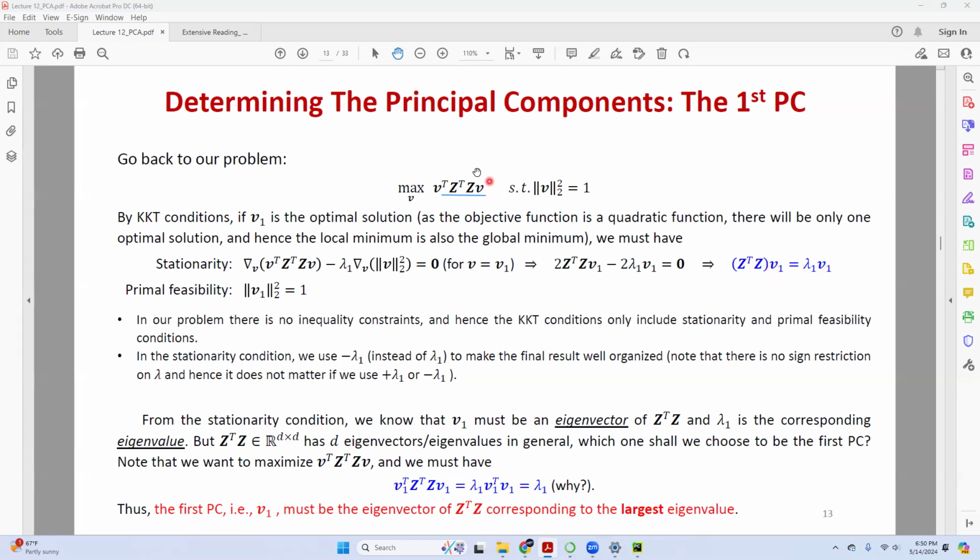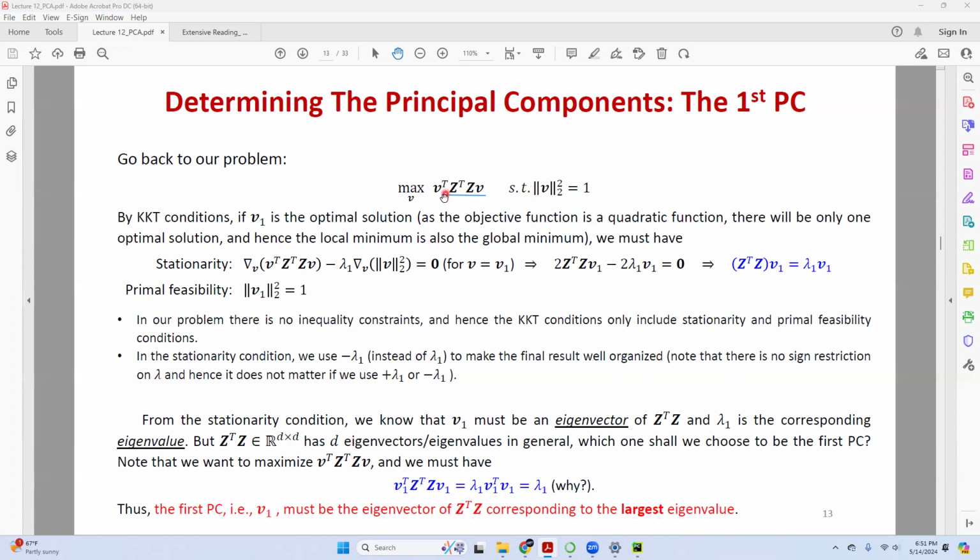In other words, the whole objective function would be lambda times VTV. But the thing is, VTV equals 1. Why? Because VTV means the norm of V, and as we defined, the norm of V must be equal to 1 because it's a unit vector.